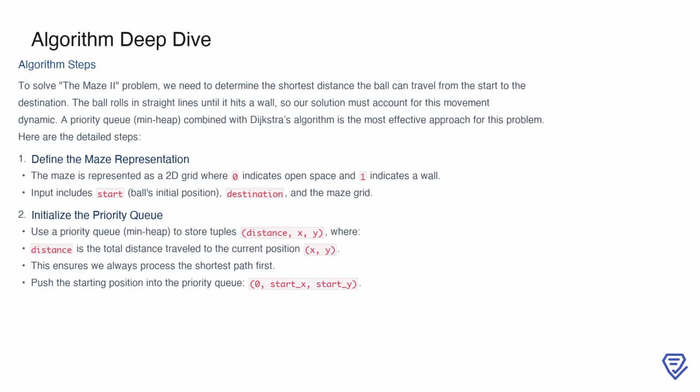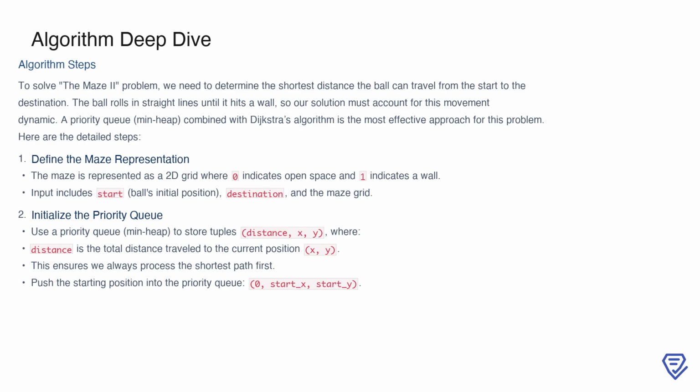First, we represent the maze as a 2D grid, where open spaces are marked as 0 and walls are marked as 1. Along with this, we are given the ball's starting position, the target destination, and the maze grid itself. Next, we initialize a priority queue, which will store tuples of the form (distance, x, y). The distance represents the total travel cost to reach a specific position. By pushing the starting position into the queue with a distance of 0, we ensure the shortest path is always